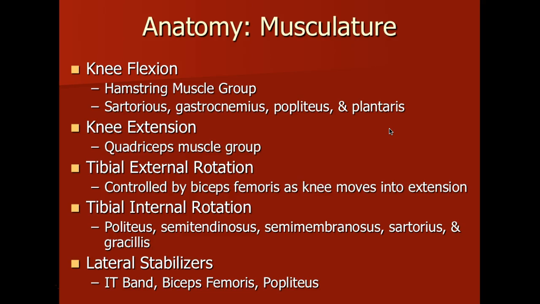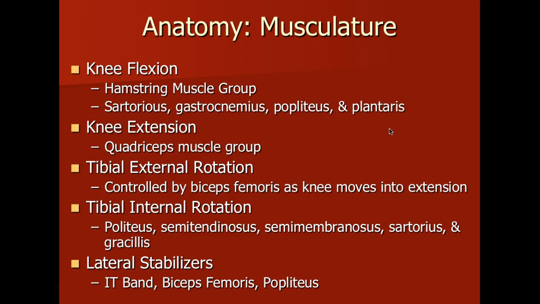So like it says here, biceps femoris is one of our main knee flexors, but as the knee moves into extension, it also controls tibial external rotation. This is important to note, because when we get to rehab, if we're doing rehab for, let's say, a patient of ours that has an ACL sprain, let's say it's non-surgical, one of the first things that you're going to start doing